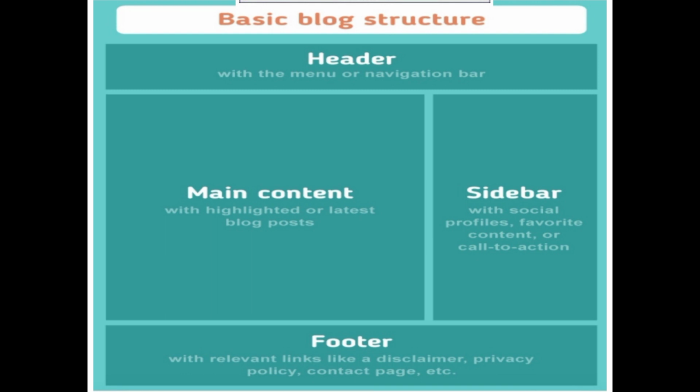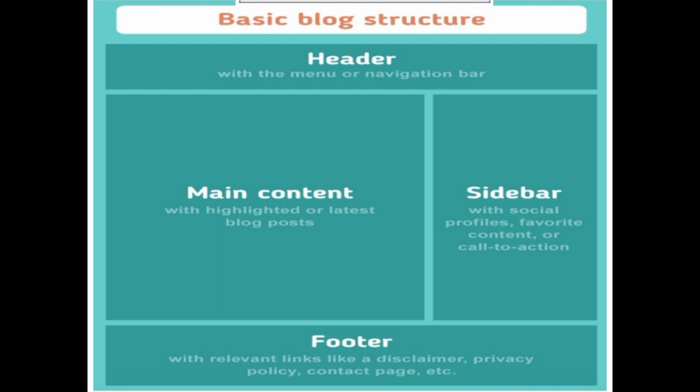And now the last part of the structure is footer. What is footer? Footer is the bottom margin of each web page. The top margin of each web page is called a header. Similarly, the bottom margin of each web page is called footer. So, what comes here? The number of documents or some other related information of the above document comes in the footer. So, this is the structure.